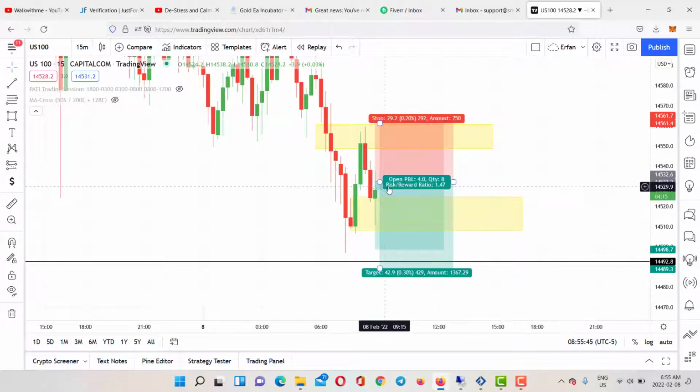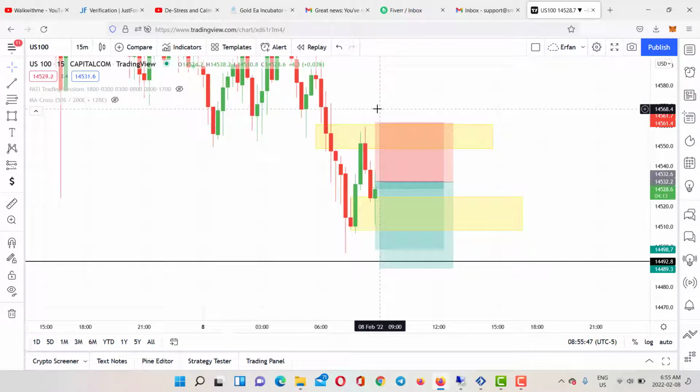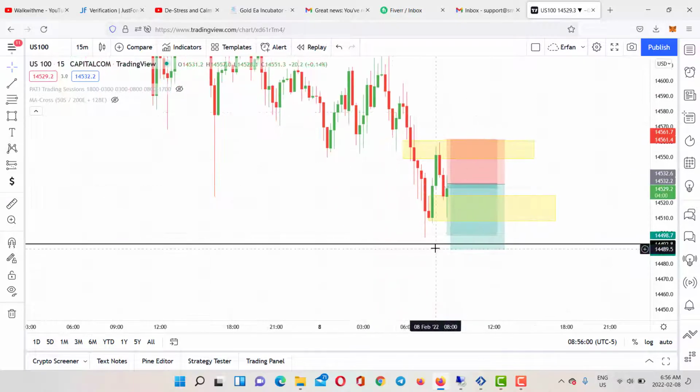I don't know, I'm not saying that it's not going to shoot up. It probably does, but what I'm saying is that it's all about lower probability and higher probability. It's not about being 100% right. It never happens. But I'm just saying that when you see that we have this huge drop here, we have